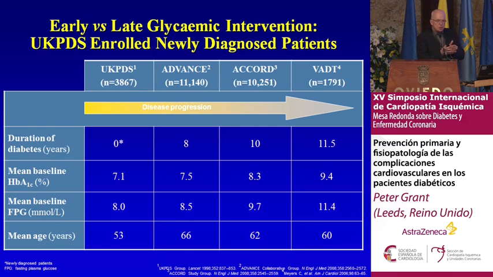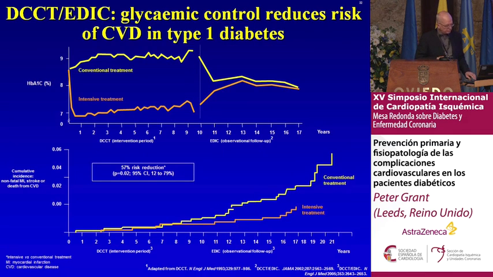So it seems that you get benefit if you treat early onset diabetes aggressively for glycemia, but you don't get benefit if you treat late on in the disease, because with comorbidities, they're likely to get other problems as well. That was supported to some extent by the DCCT EDICT study, and DCCT was originally set out to look at